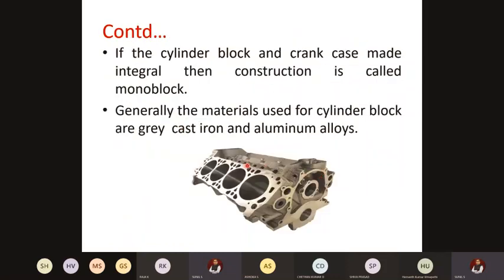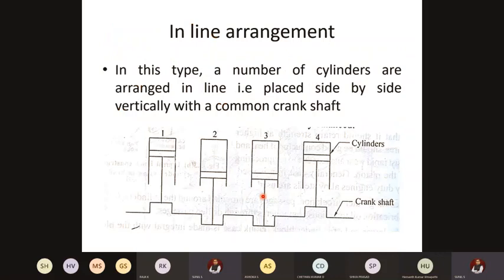One second, please. This sketch demonstrates the inline arrangement. On a horizontal axis, all the 4 cylinders will be placed. This is called the inline arrangement. Just take down a rough sketch. I have selected the simplest possible one from the textbook, so that you can easily draw it in the exam. Take down a rough sketch, so that we can go to the next mechanism.